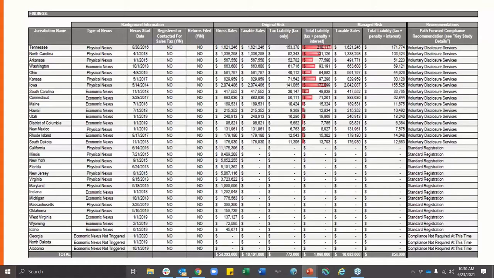And the look back period is usually limited. If they find you first, look back can be infinity. Yep. So, you really need to weigh, should I go through voluntary disclosure, especially if my liability is really large? But this chart right here only really talks about sales tax, and that's where